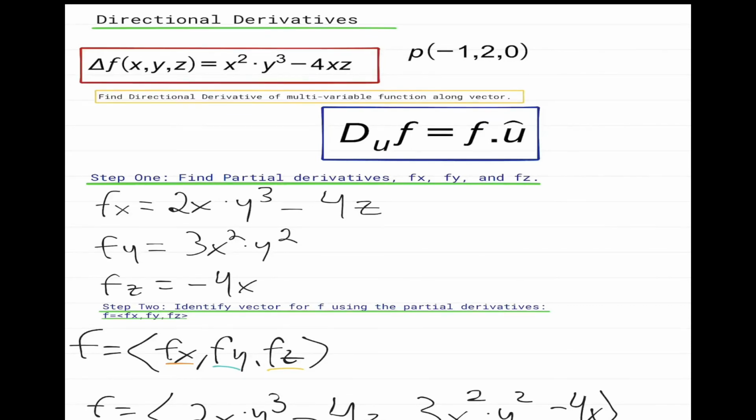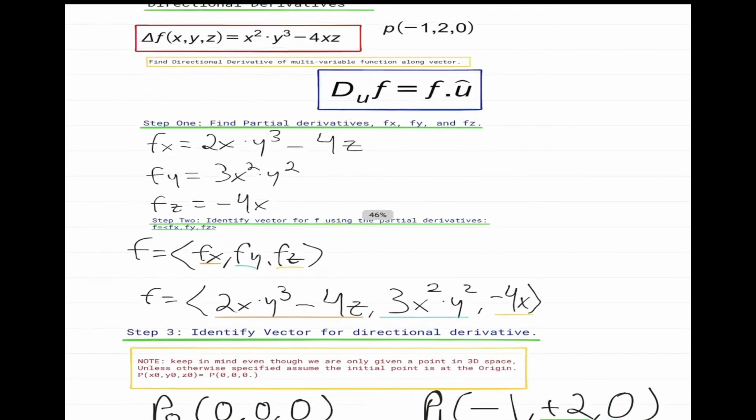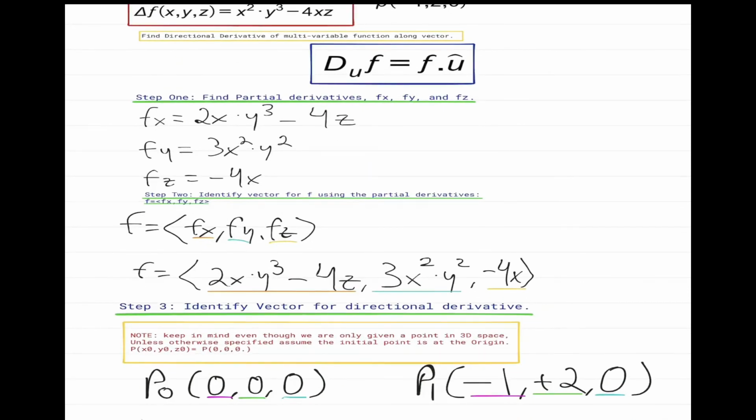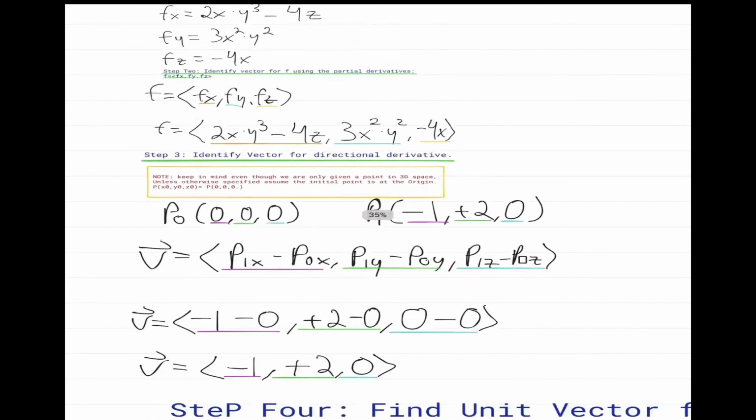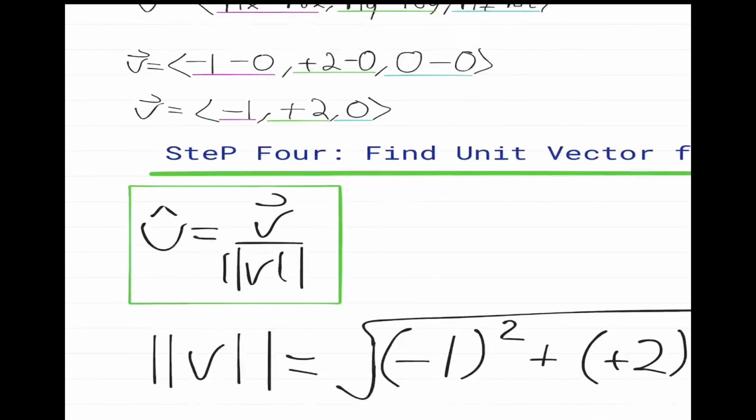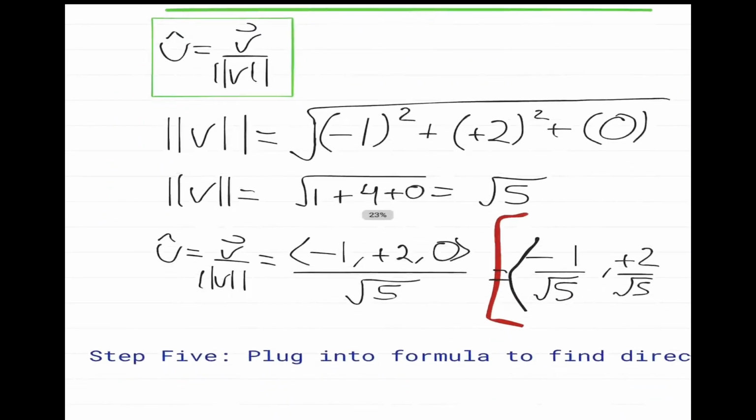So the directional derivative will be the partial f dotted with our unit vector. So what's our partial derivative vector? Well, it's the one we got in step 2, where we took the partial derivatives and put them all into a vector of partial x, partial y, partial z. So now that we have that and we know our unit vector,